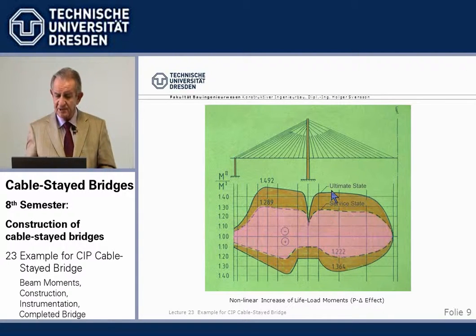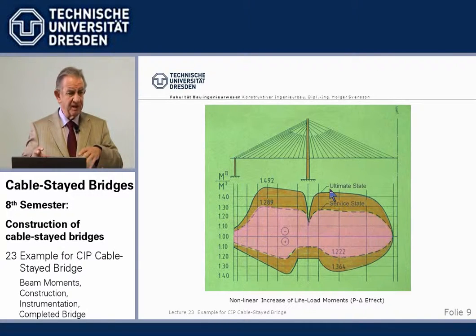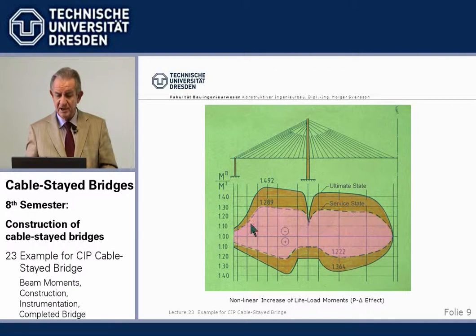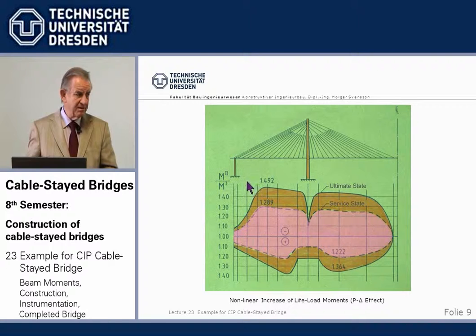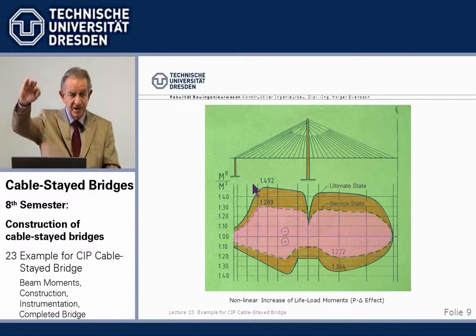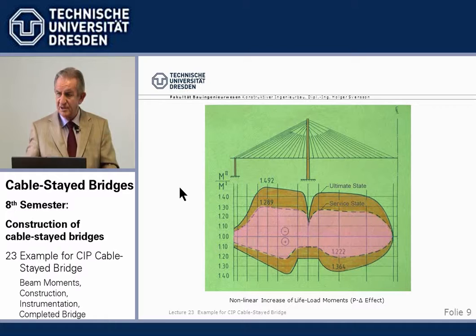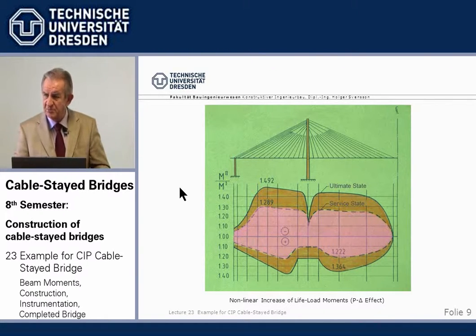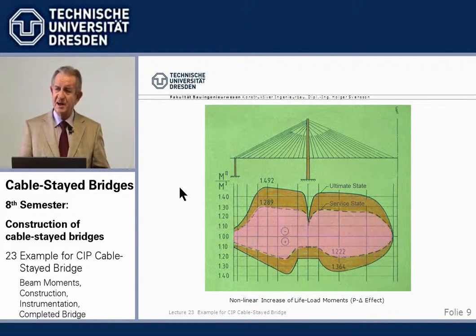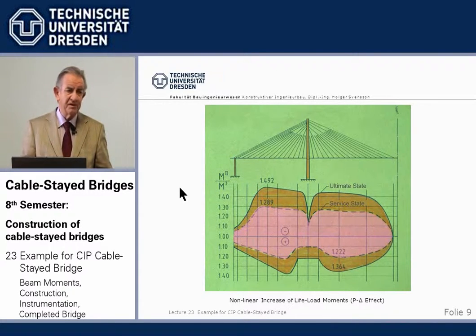And in the ultimate limit state, where we are cracked and the beam is less stiff, we have an increase in moments from linear to nonlinear by about 50%. And that also shows you we are here at a limit, because that goes up exponentially, and when you go beyond this, it goes up very fast. So you cannot be more slender either from statical nor from, in this case, wind resistance than this 1.2 meter